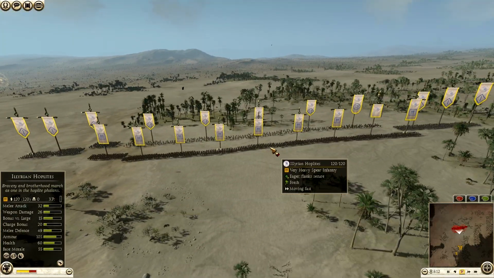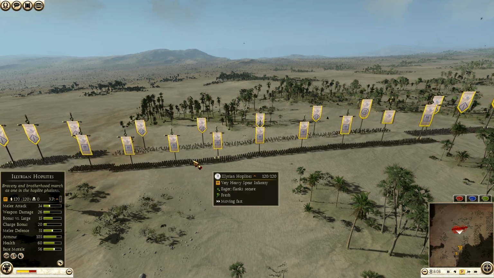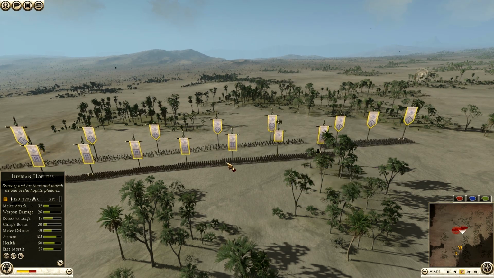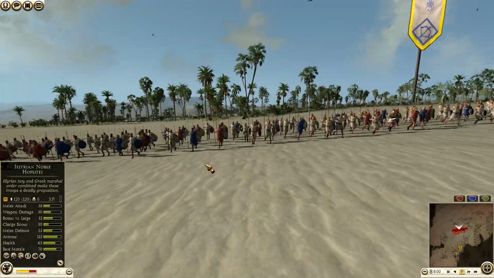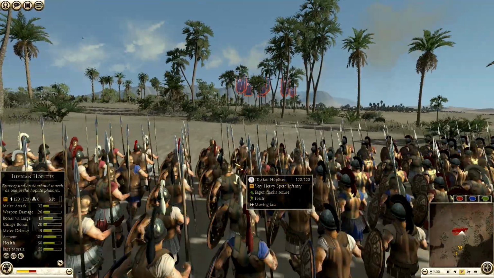How many Illyrian noble hoplites? I think just 1, 2, 3, 4 Illyrian noble hoplites, including my general, and 1, 2, 3, 4, 5 regular Illyrian hoplites. And I didn't bring any cav because honestly, I think Illyrian cav is just so bad